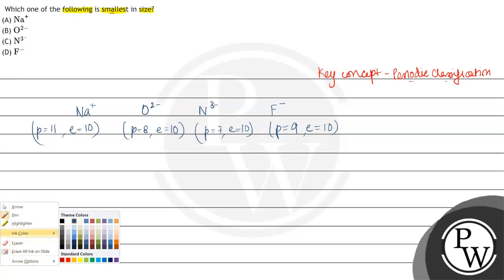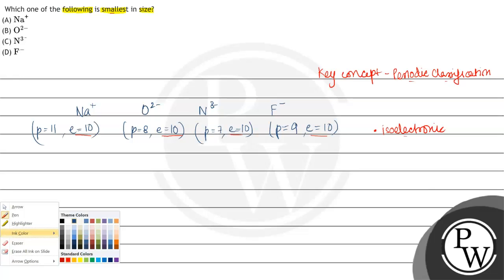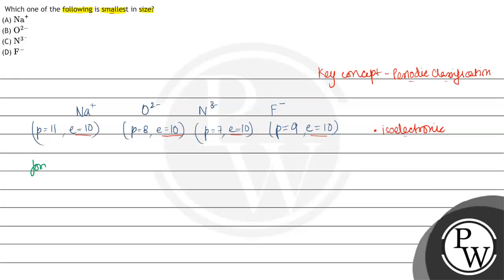As you can see, सारे के सारे elements have the same amount of electrons. So these species will be considered isoelectronic. जिन species में same amount of electrons होता है उन्हें isoelectronic species कहा जाता है. So for an isoelectronic species,